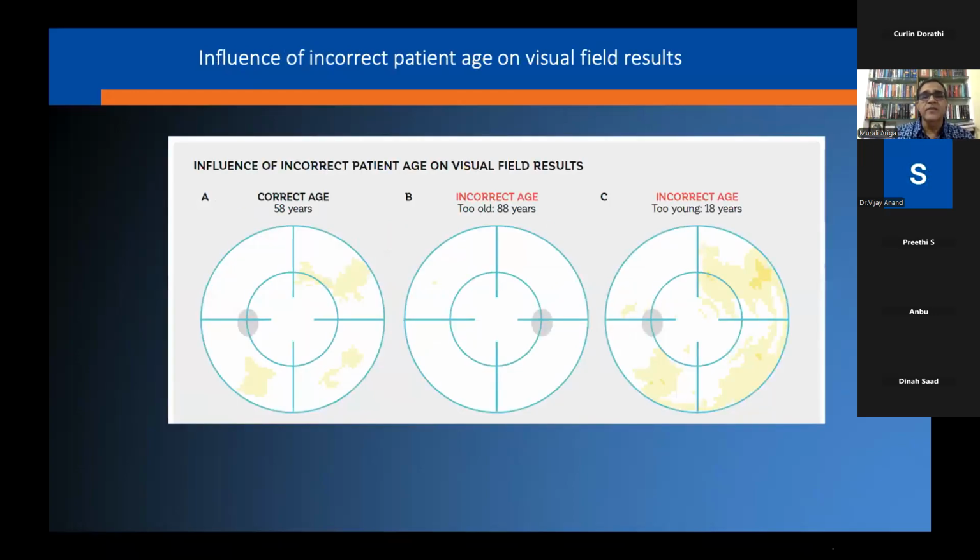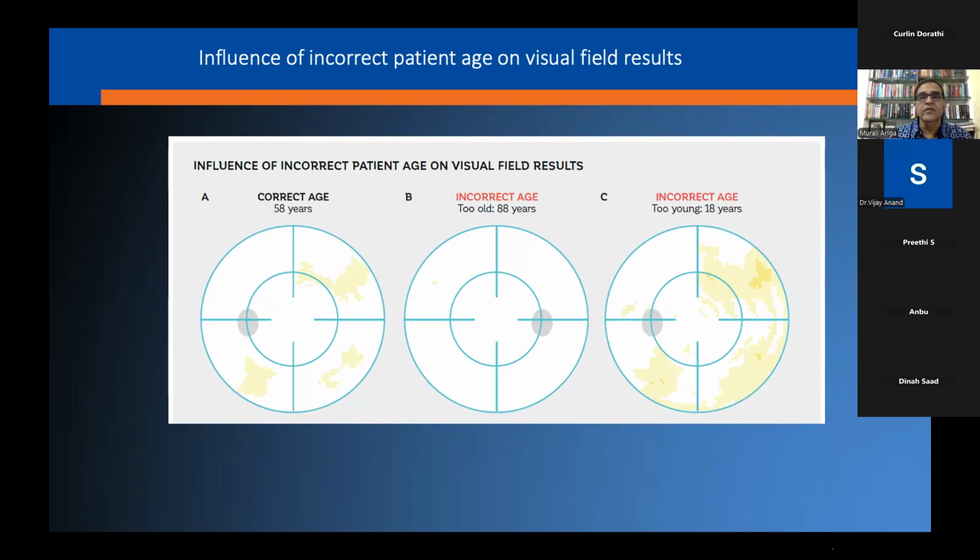The age is extremely important, as I already mentioned. If you don't put in the correct age or put in the wrong age, for example, if you're testing an 80-year-old and you put 58 years old, it will be comparing with a 58-year-old and the field will look really bad. Similarly, if you're doing a young patient and put an older age, it will look like it's much better. So the correct age has to be entered, and for subsequent comparisons also, the age has to be accurate. Ideally, you should put in the date of birth, so the machine can actually calculate the age